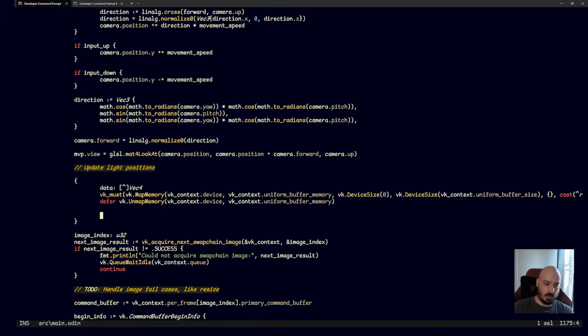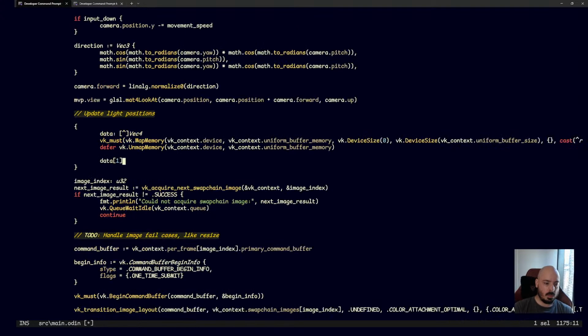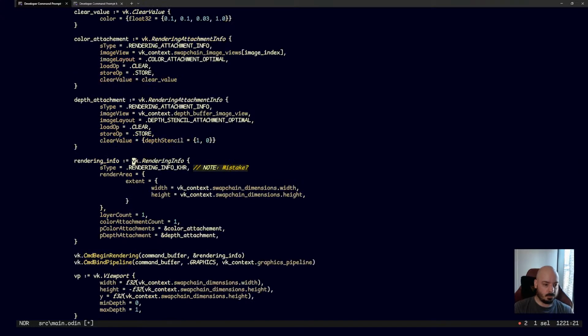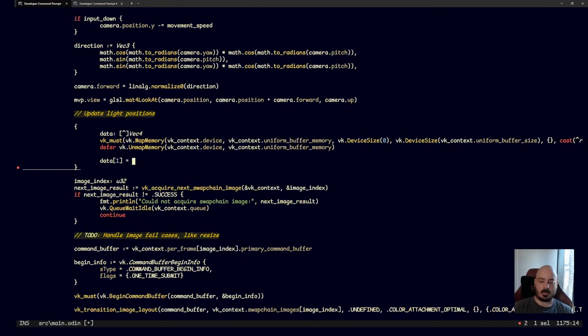So I know how many there are, and I'm going to say data1, because that's going to be the light position, equals, let's see, time. How was I doing this before? Let's say, we're going to say it equals 0, 1, and then